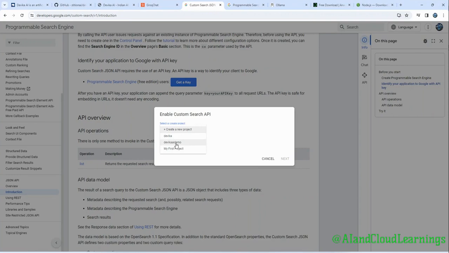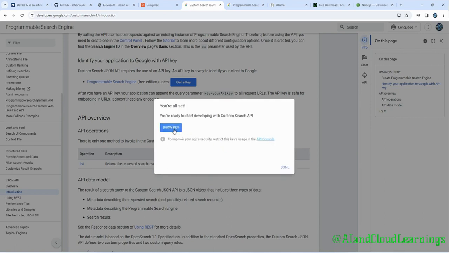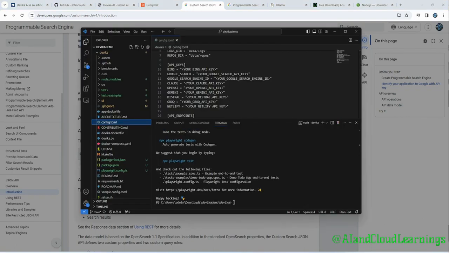Okay, here it is. So now I can see the Devika AI demo. Click on next, and here you'll find the key. So we can create it for temporary uses here and then show the key, copy it, and I'll come back to this configuration file. Okay, so as these dependencies are getting installed using this command, this playwright npm,